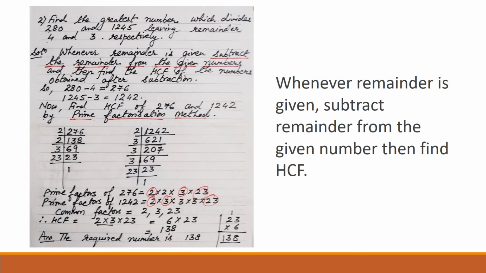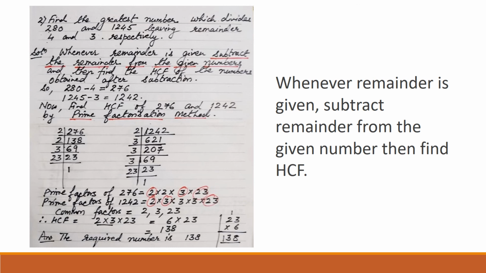We'll move to the next prime number, 3. Is it divisible by 3? Let us sum the digits and see. 6 plus 2 plus 1, 9. Yes, it is divisible by 3. Now if you divide 621 by 3, you will get the quotient as 207. Now is 207 divisible by 3? 2 plus 0 plus 7, 9. Yes, it is divisible by 3.